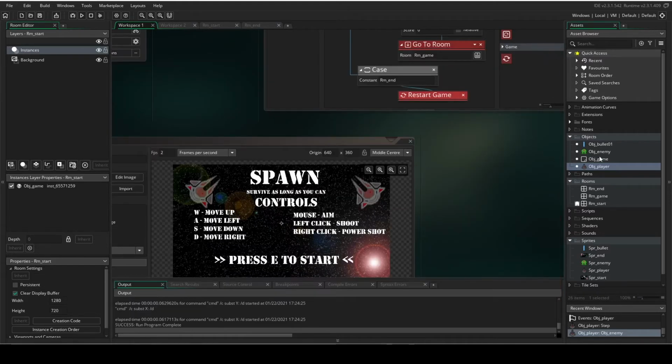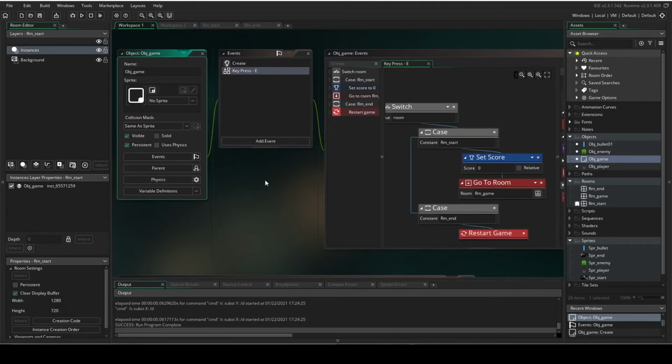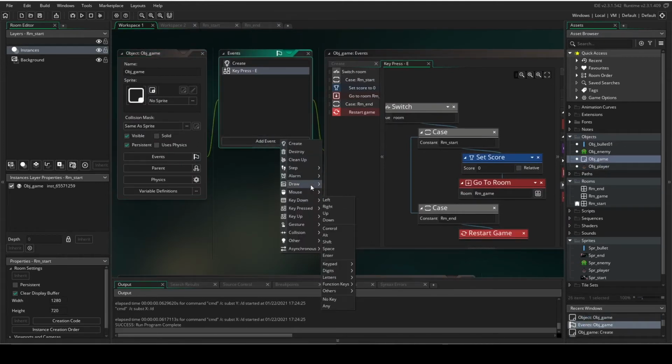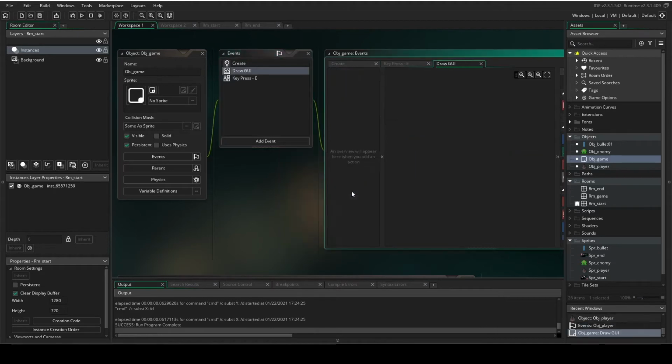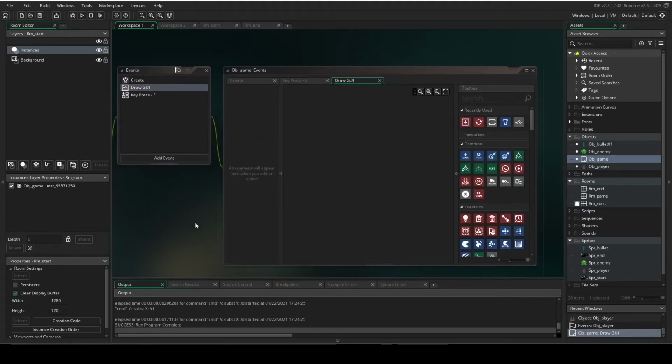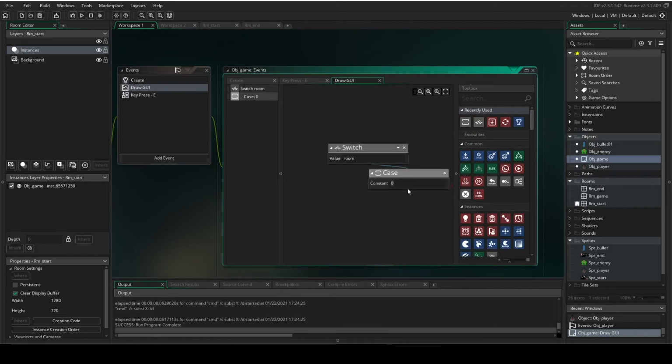Okay, so if we head back to our object game now, we want a draw event, and the specific draw event that we want is a draw GUI. So this is essentially making a heads-up display or a HUD. And just like before, we want switches and cases. So we want a switch working off our rooms, and then we want to add a case into there. So in the case that we're in